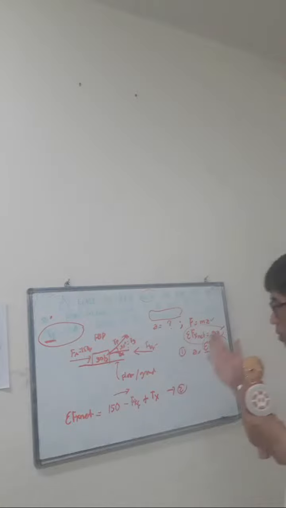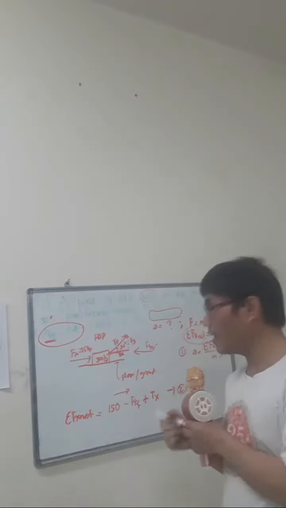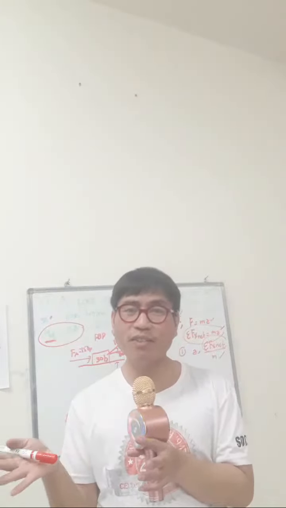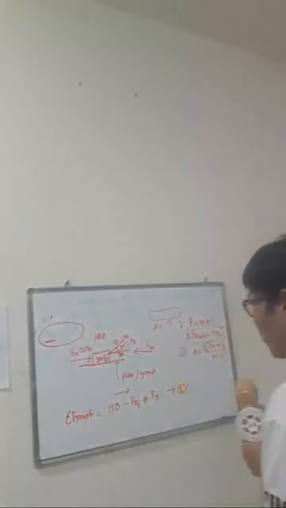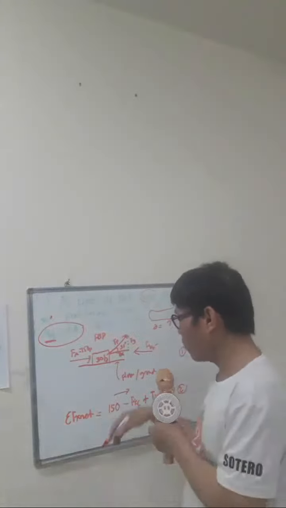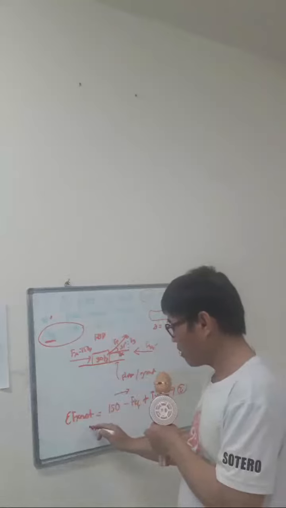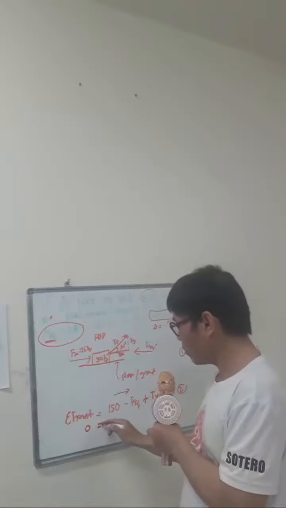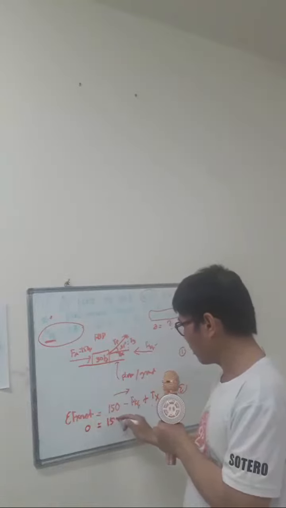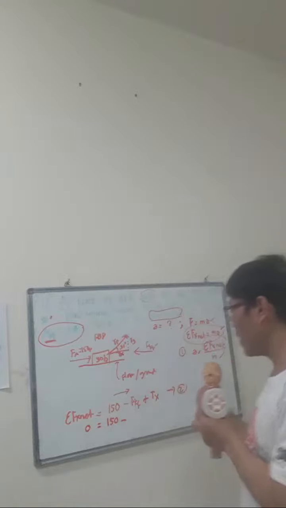So another assumption, Fx is equal to 0. Let's start with the first option because this is on the spot. I don't solve this first. This is on the spot, so I need to have an option. Okay, so Fx is 0. Okay, this assumption, 0, equal to 150, right? And then we have also the